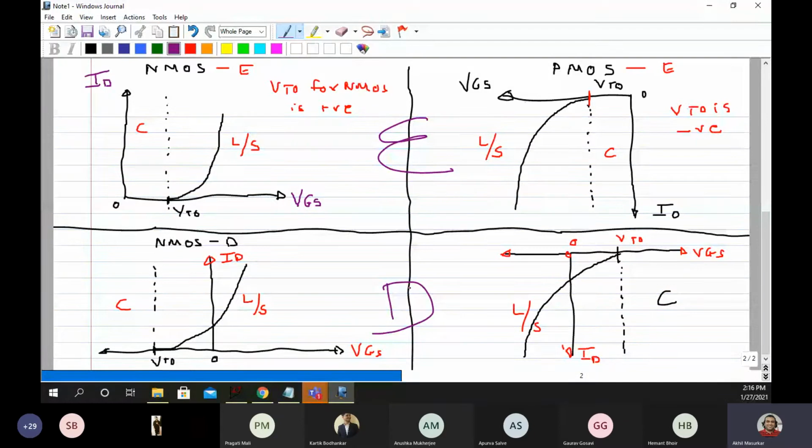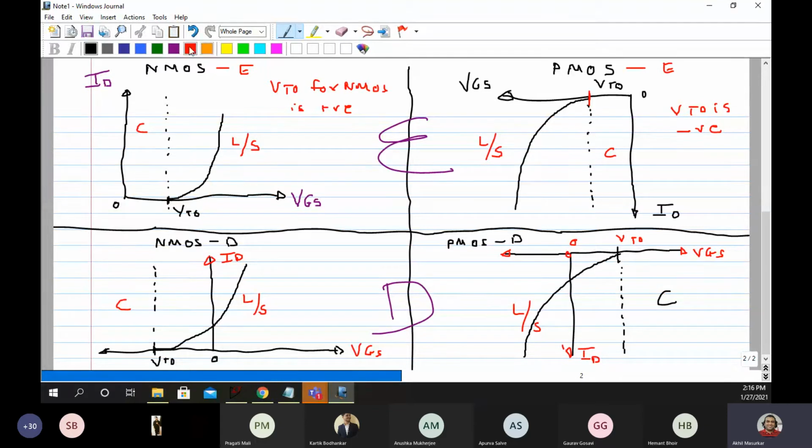This is depletion type. This is the characteristics of PMOS depletion type. Please draw these characteristics, and once you are done, write done in the chat box.